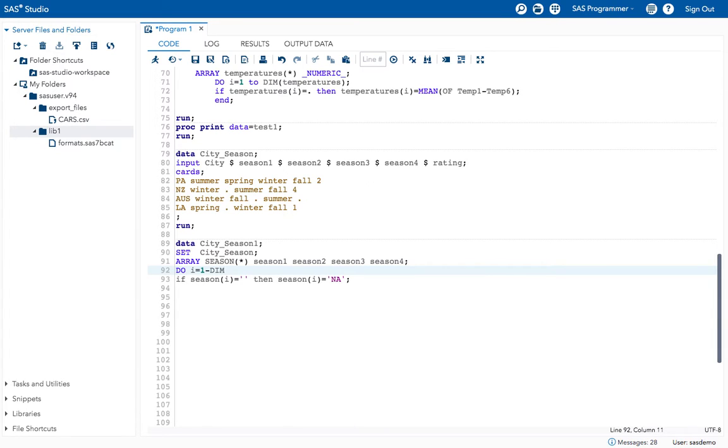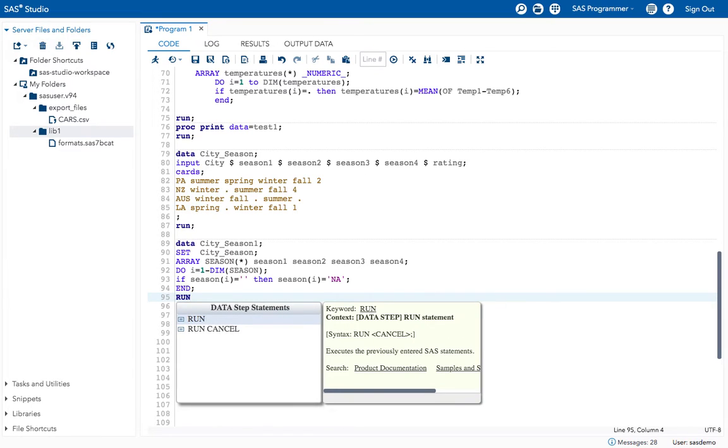Dim of, and I have to give the array name here. What is the dim of array name? Season. Give season here. Now end the do statement with the end statement and run the program.